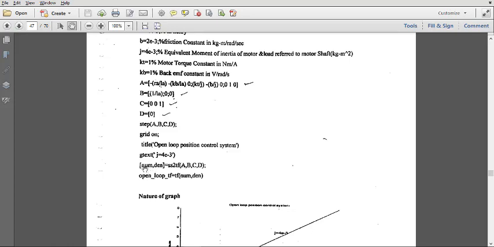Now remember, transfer function is a ratio of numerator by the denominator, and here you are using this function called system to transfer function. If you use the system to transfer function, you can convert this ABCD to the transfer function in terms of numerator and denominator.